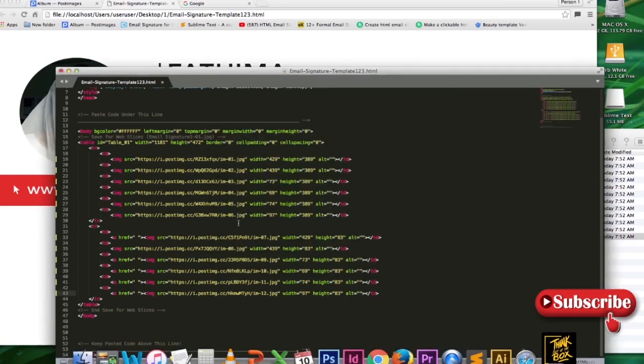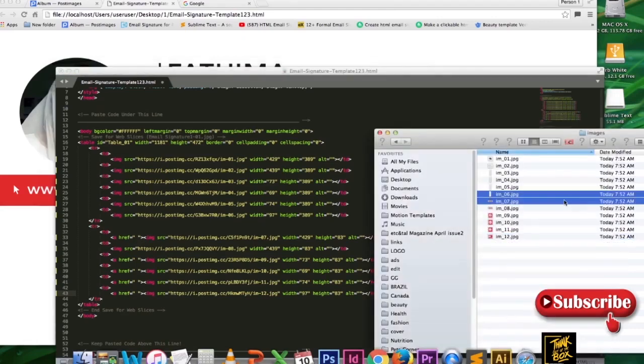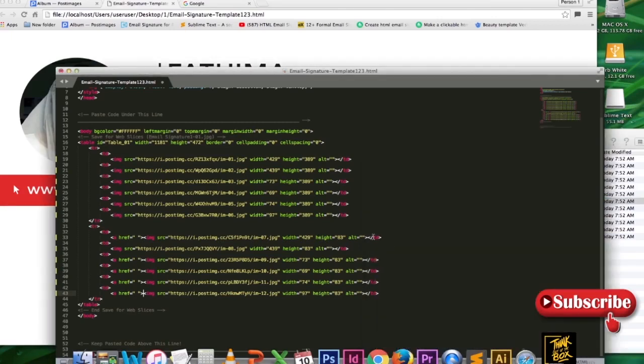Copying that and pasting it before that image, and also choosing the same code wherever I want to place it, whichever I want to click. Once I'm done with the starting, I copy the end code and paste it in there.